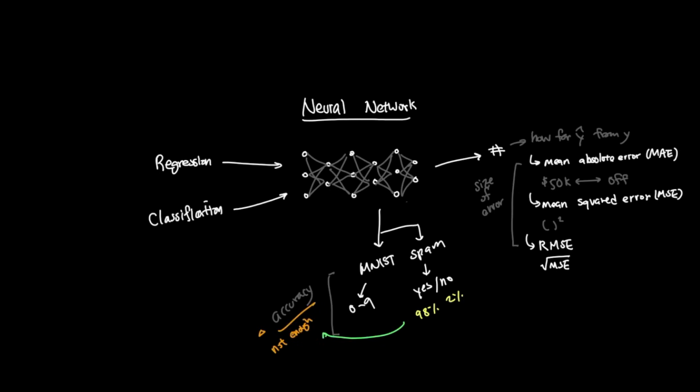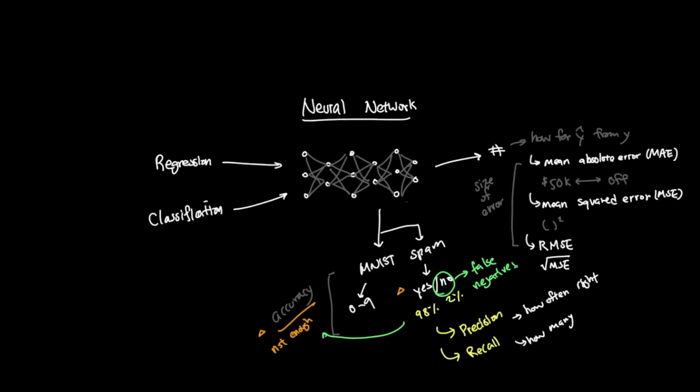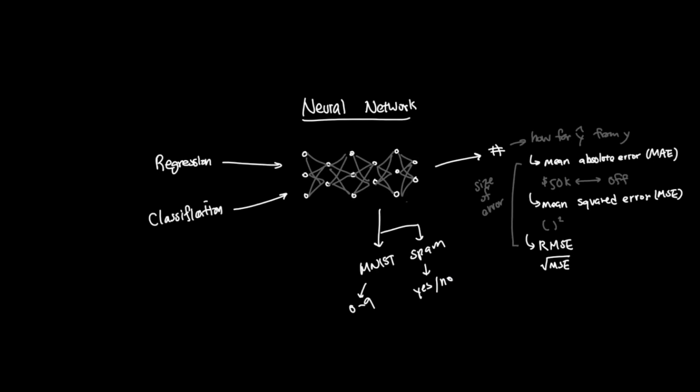But accuracy is not always enough. Imagine a spam filter where most emails are not spam. A model could predict "not spam" almost every single time and still look accurate, even though it misses the emails we actually care about catching. This is why people also use precision and recall. Precision asks, when the model predicts spam, how often is it right? Recall asks, out of all the spam emails, how many did it catch? And F1 score combines precision and recall into one number. So for classification, we do not just care about whether the model was right, we also care about what kinds of mistakes it made.